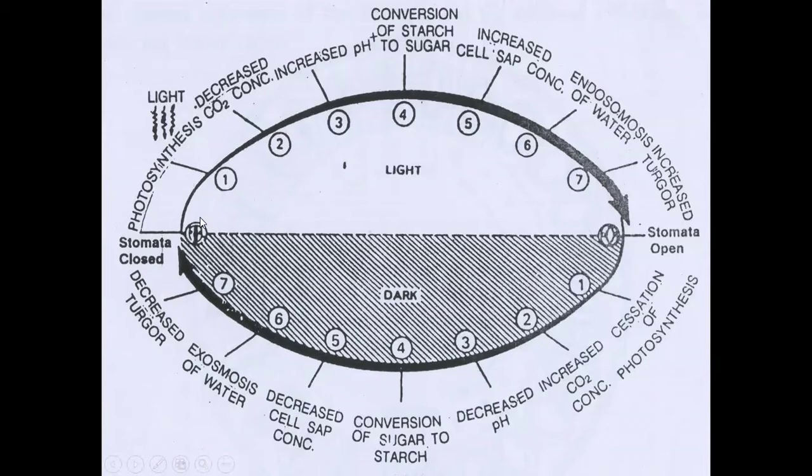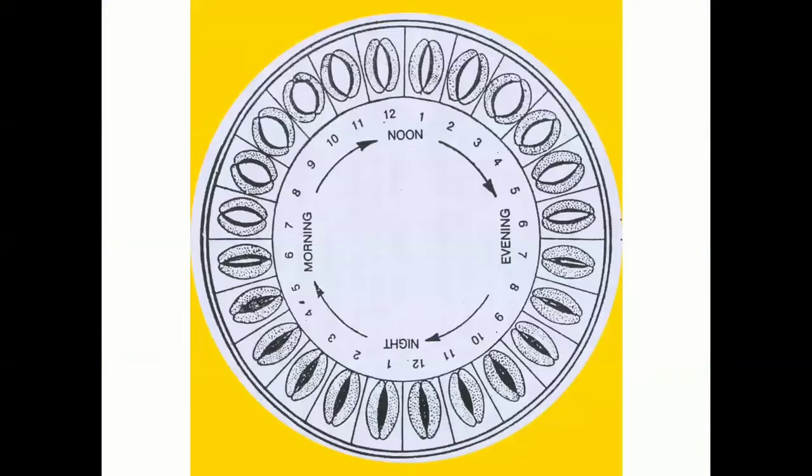Okay. So opening and closing of stomata depend upon these different events, and these events are hypothesized in the first two, that is photosynthesis in guard cell and the starch-sugar interconversion. So this figure indicates the actual mechanisms that occur during the opening and closing of stomata, and how this opening and closing occurs in a plant.